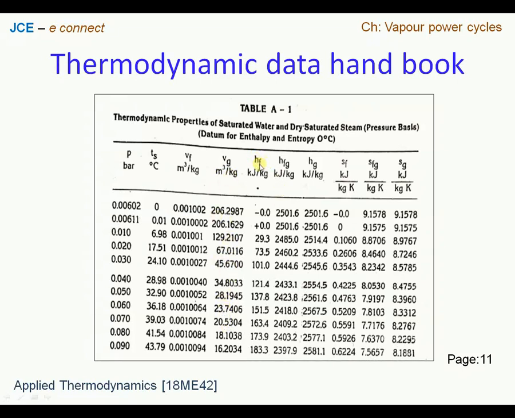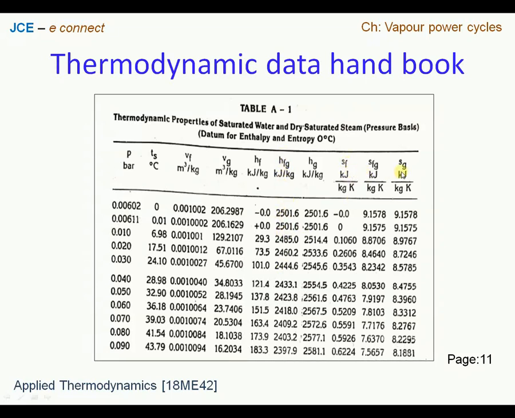Similarly, we have enthalpy at the saturated liquid point on a kilojoule per kg basis, and Hfg is the latent heat of vaporization. If the system is lying within the dome, then one has to refer to this. And we have the dry saturated enthalpy value given as Hg in kilojoule per kg. Recall that Hfg can also be represented as Hg minus Hf. So when we subtract the Hf value from the Hg value, we get the Hfg value. That way also one can find the Hfg value if it is not given straightforwardly.